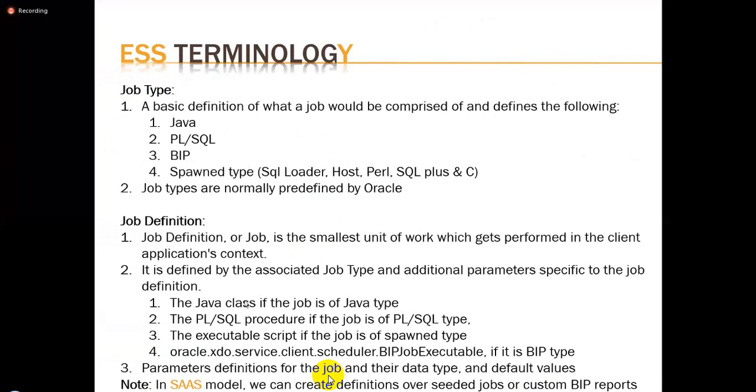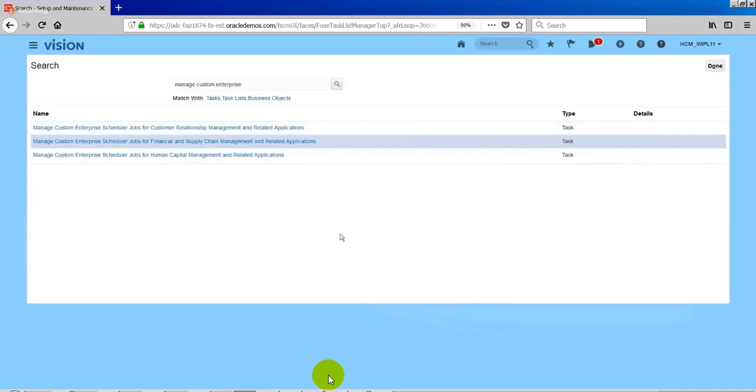Before creating a job definition, we have to make sure that in the SaaS model, we can create definitions over seeded jobs only or custom BI Publisher reports. What does it mean? As this instance is in the SaaS model, I cannot write any PL/SQL code, Java code or host scripts, because we don't have access to the database or to the middleware server, so we cannot create our own program units.